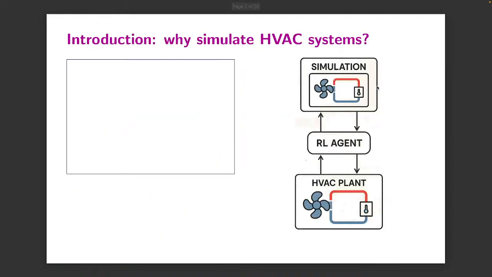Okay. So the project that I'm a part of is about using reinforcement learning agents or model predictive control agents to control HVAC systems. We do that because 15 to 30% of HVAC energy use is wasted due to faults on the one hand and improper controls on the other hand. If you have great components that work very efficiently, but you don't control them right, then your system is still not efficient.